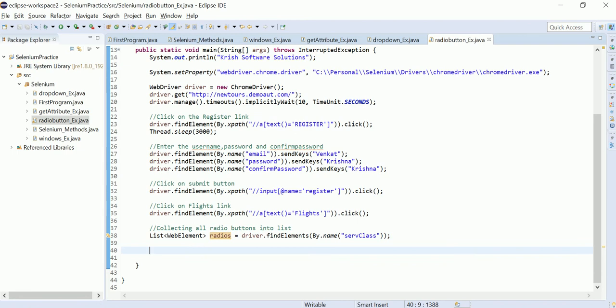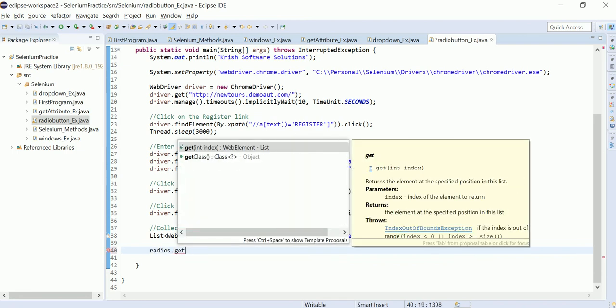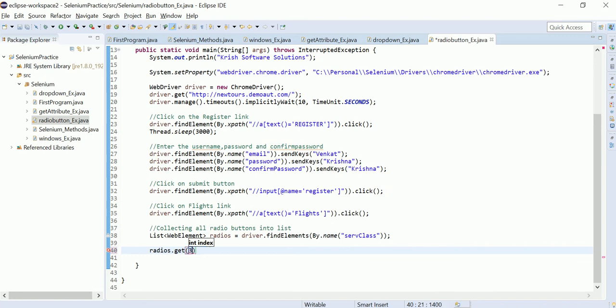Now I want to select the third one. Dot get of int. Third one index is what? 3. Sorry, index will start from 0, right? 2, dot click. Now it is going to select the third radio button.